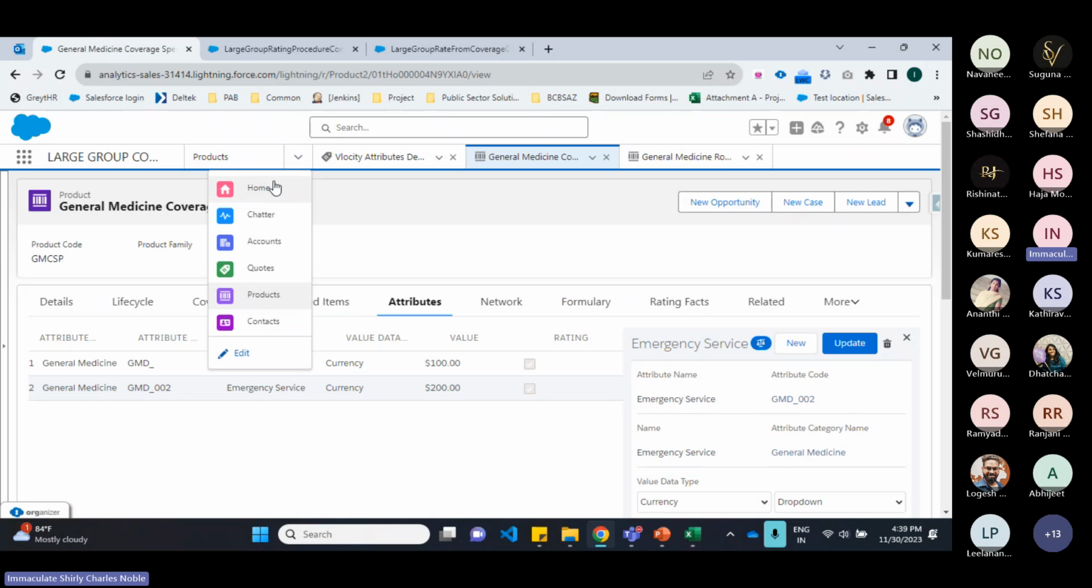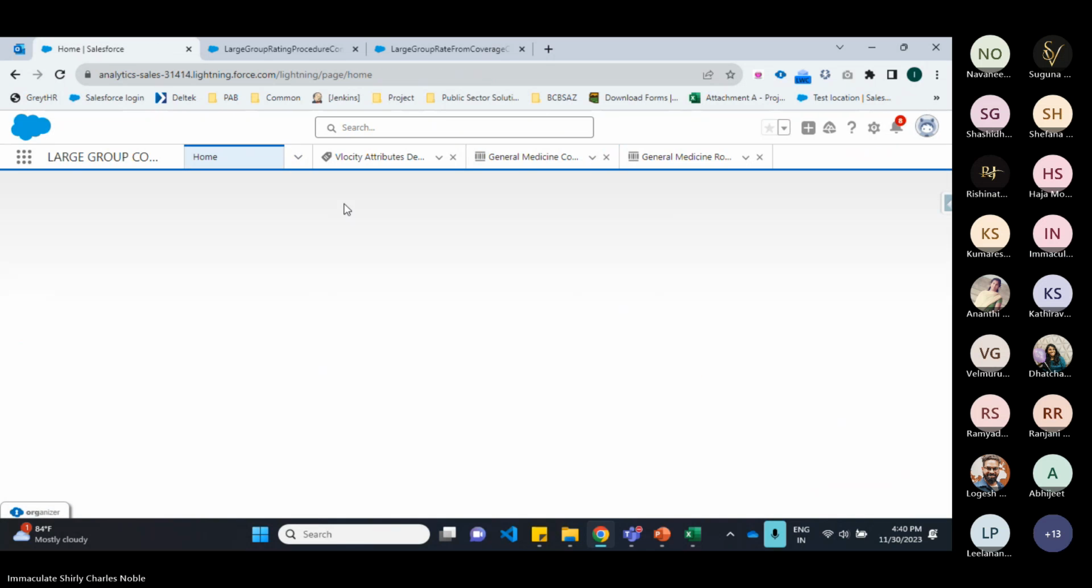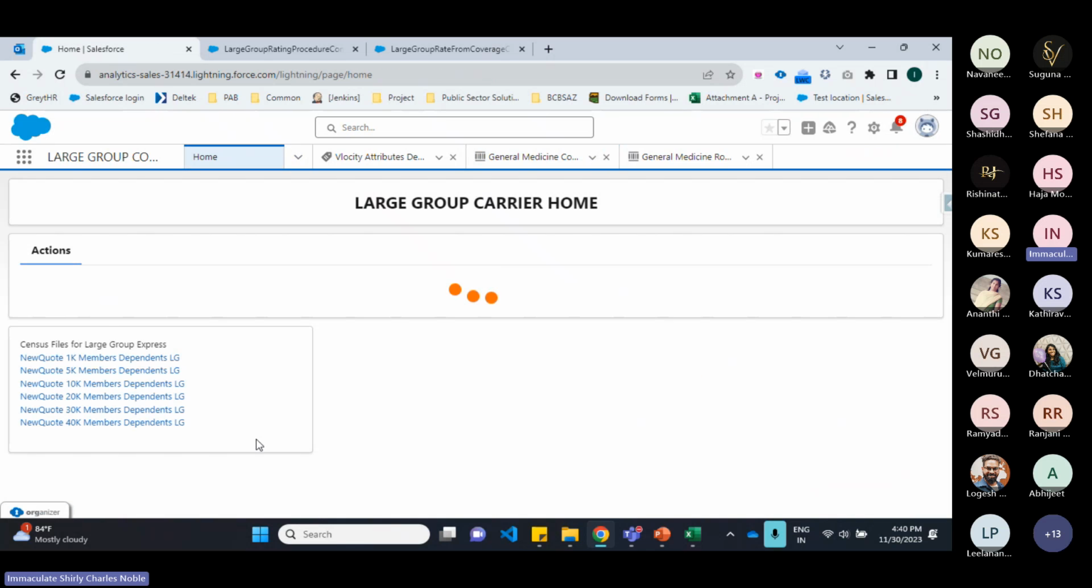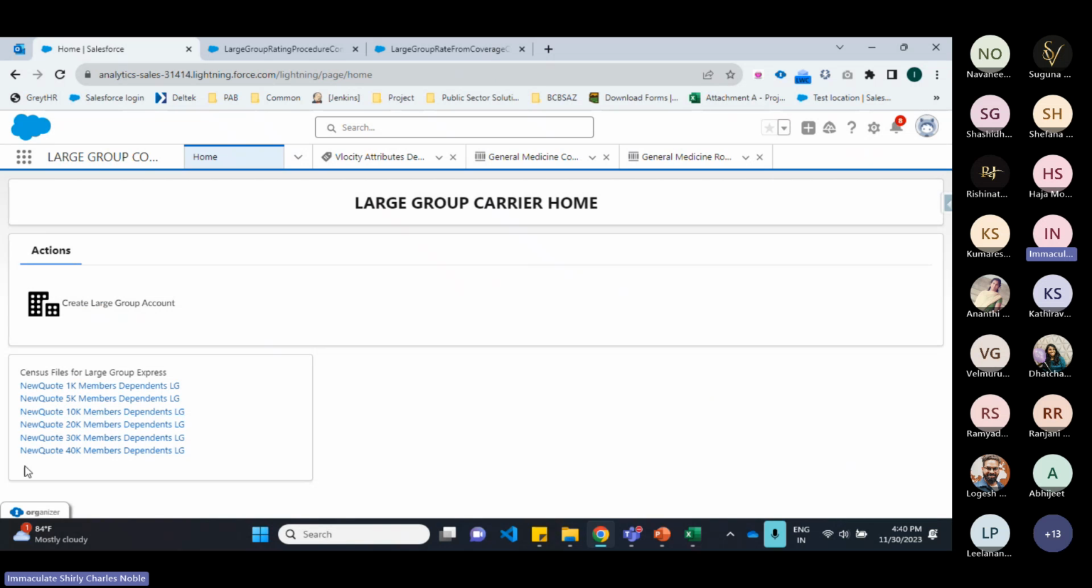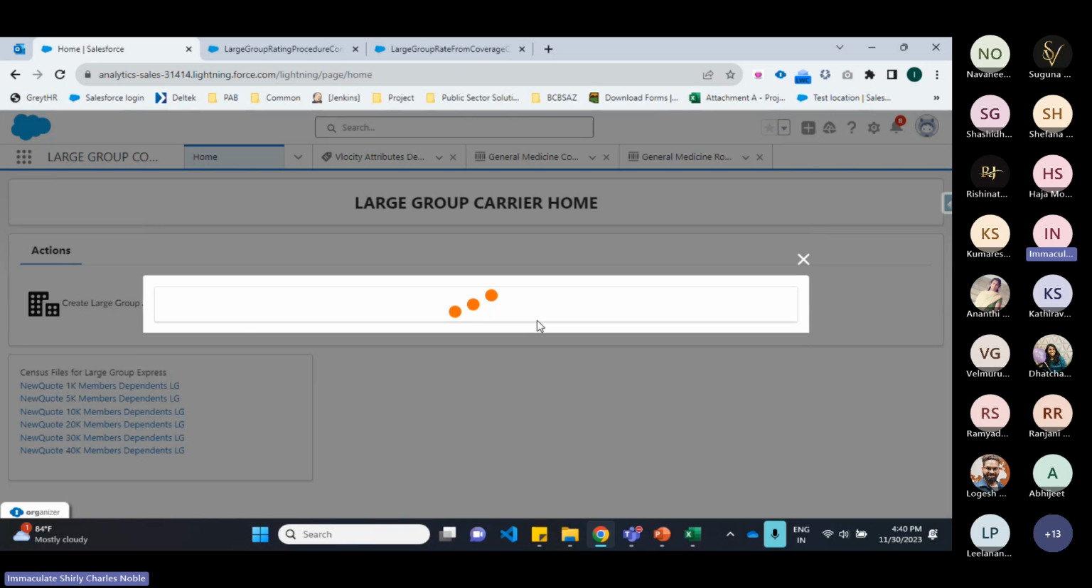Let's go to the home page. If you see, these are all the inbuilt components, so inbuilt flex cards. So you can also make use of that. So when you click the create large group account,